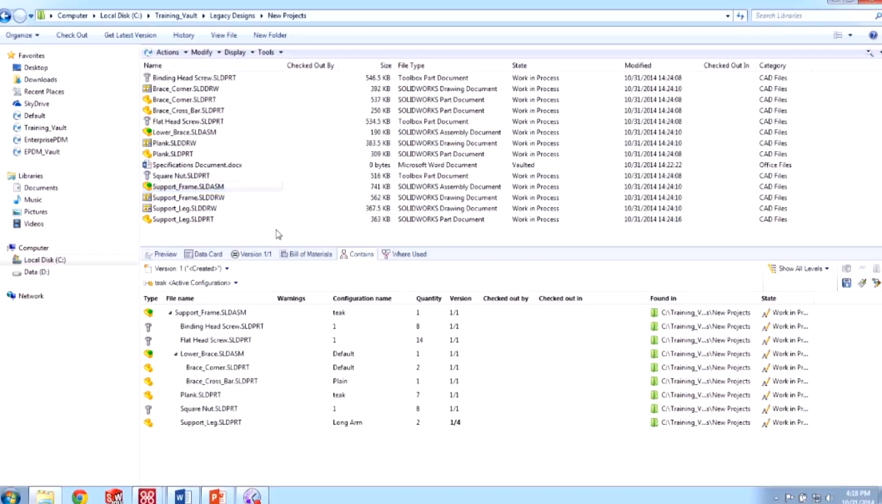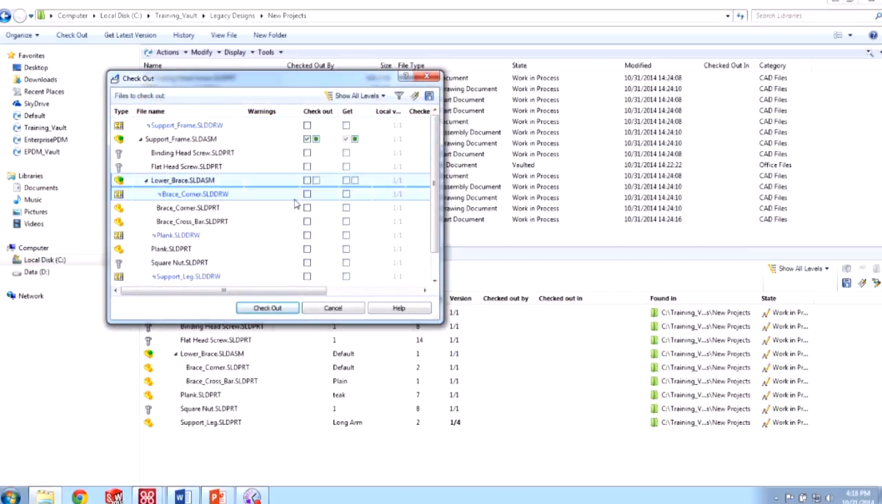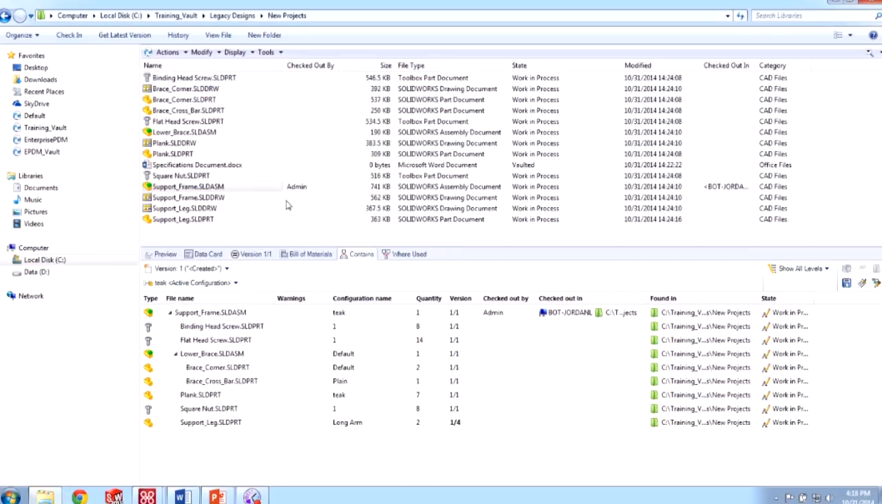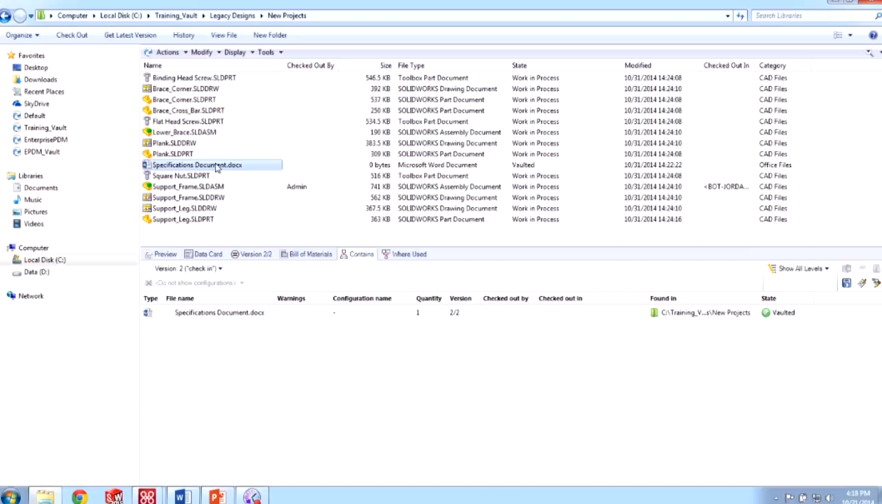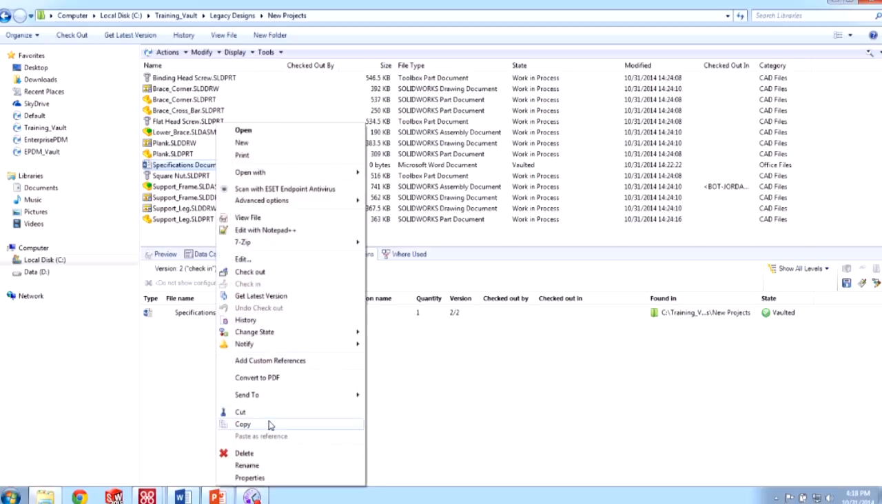So the way that this works is I'll go ahead and check out the assembly to make that the parent document. So I'll check it out to myself. And then what I need to do to add this document, this Word document, as a reference, this applies for all kinds of documents. It doesn't have to be a Word document. It could be any other kind of file that you have inside the Vault. But what I'm going to do is just right click and go to copy